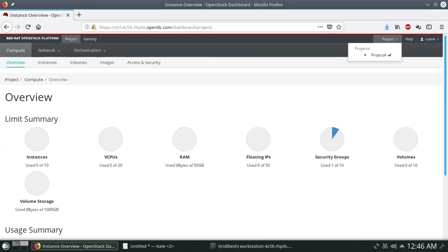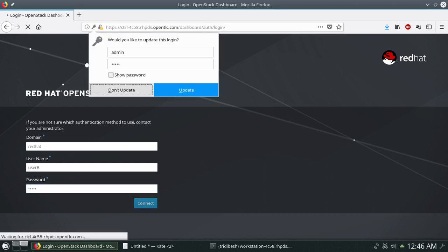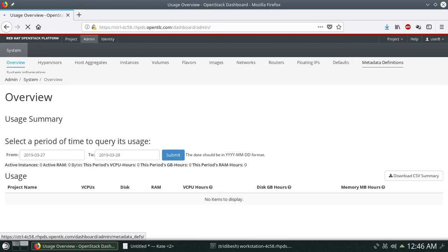So let's do one thing, let's come out of this and try to log in as user B and see how it works. So let's put user B and password for user B. So you can see user B logged in, and you can see one thing here, you can see the admin console. So user B is part of project B, so he is the admin for project B.